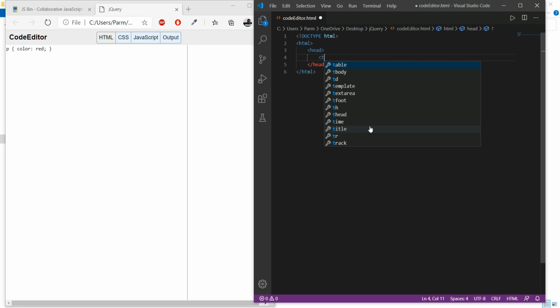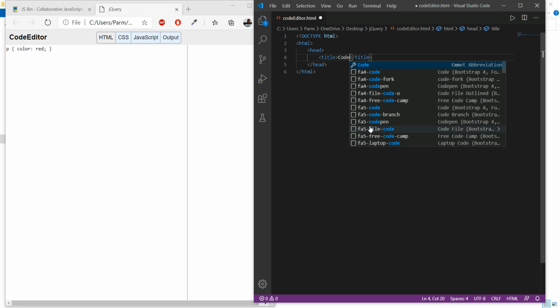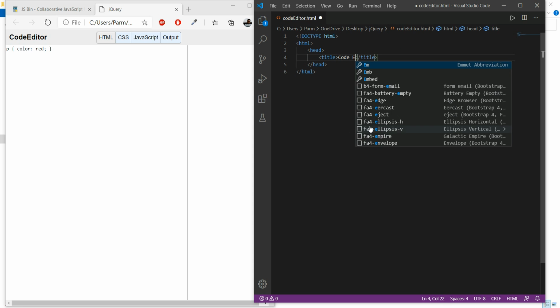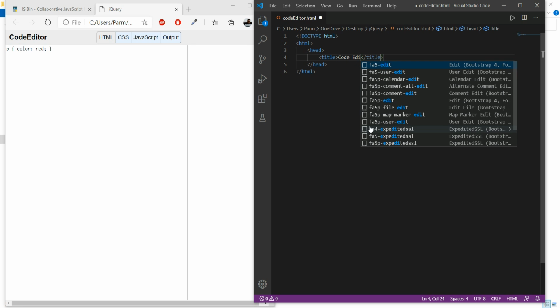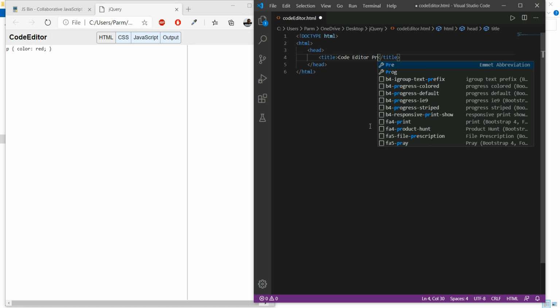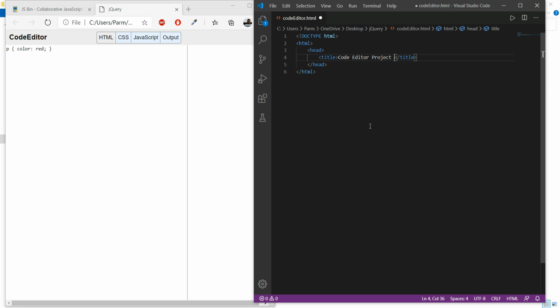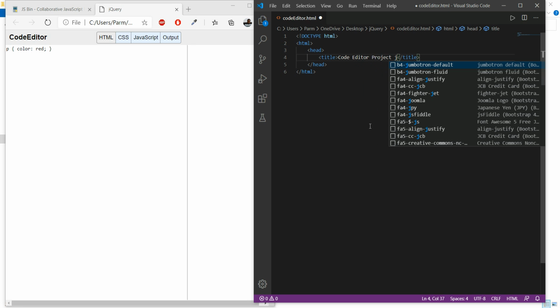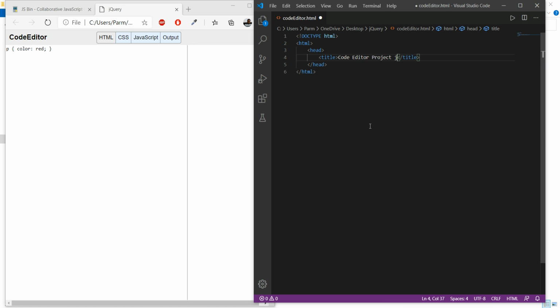Within the head we write the title, and for the title we give Code Editor Project, say jQuery, because we mostly do some work in jQuery over here.